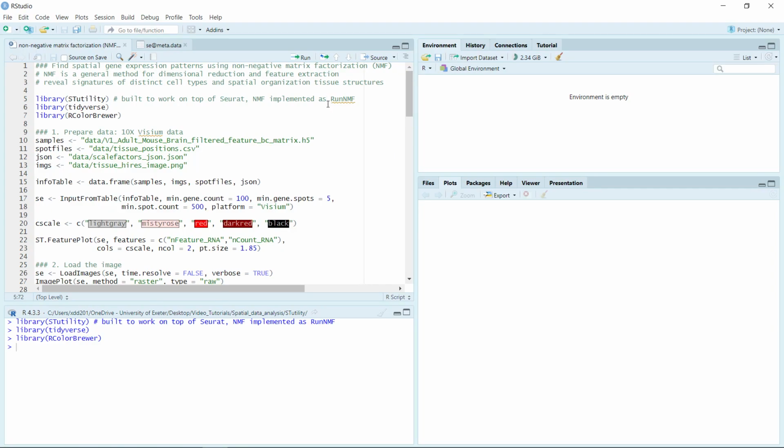In today's video tutorial, I'm going to show you how to use the non-negative matrix factorization method to perform dimensional reduction for spatial datasets. It has become a very popular method to analyze spatial datasets. NMF is a general method for dimensional reduction and feature extraction. It can reveal signatures of distinct cell types in the spatial dataset, and also show spatial organization